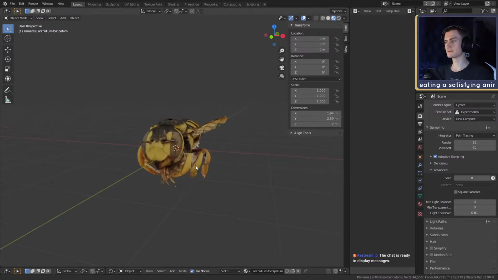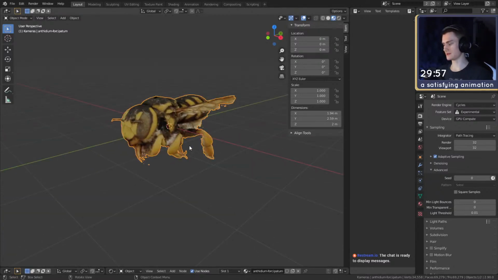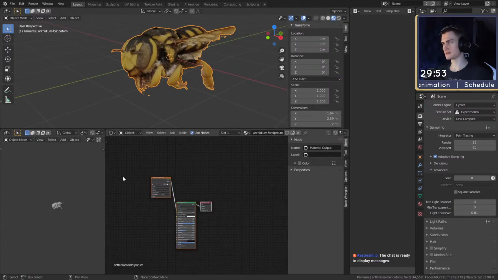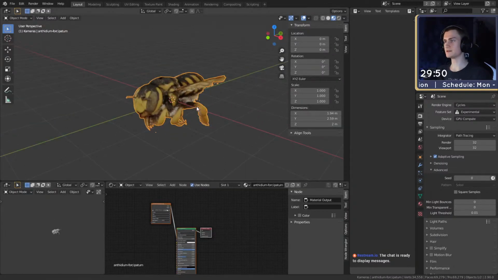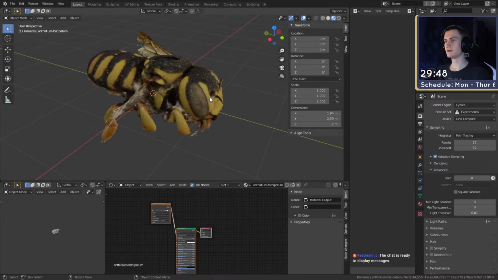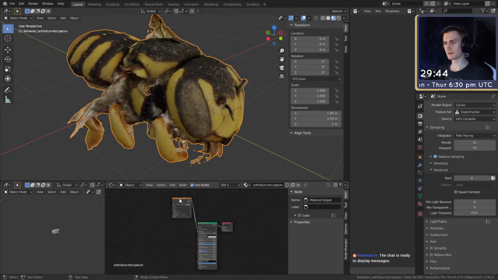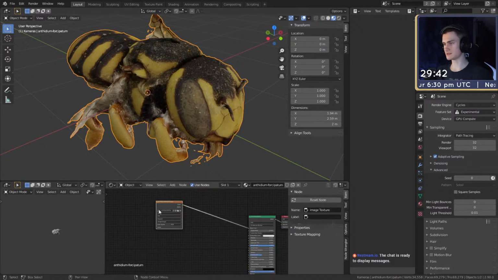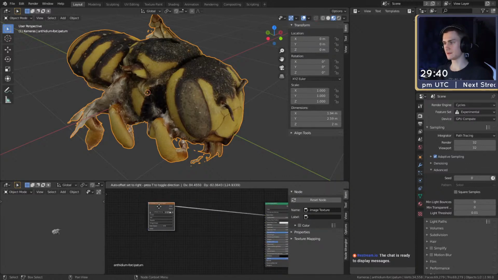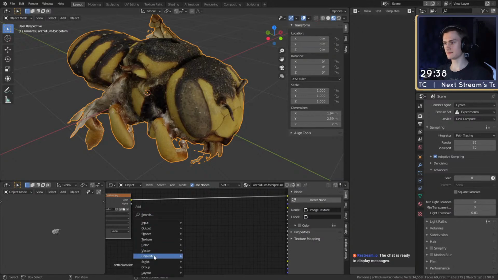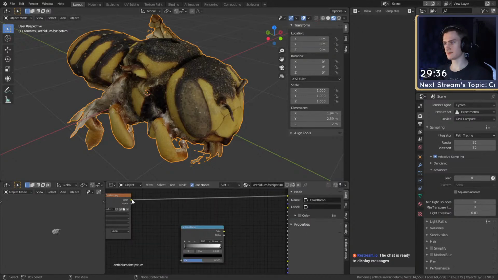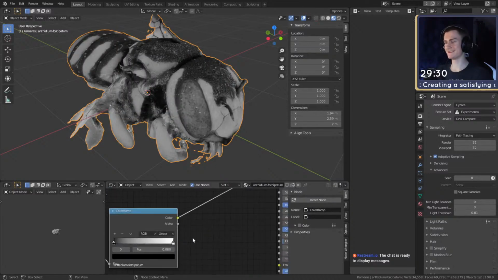So first of all, what I'm going to do with this is go in here and go to the materials. I want to change this up a little bit. What I mean is I want to give this some shiny areas as well. What we can do is just use this again. We can pull this over here, and then for example use a color ramp, put the color into the factor. Oops, right. Oh, missed, losing time.